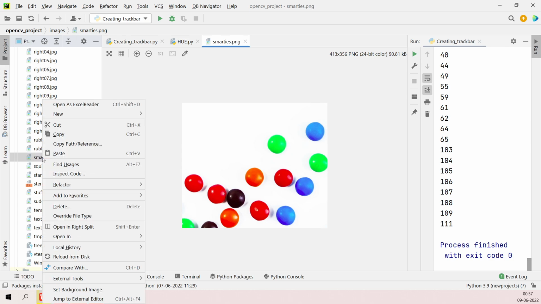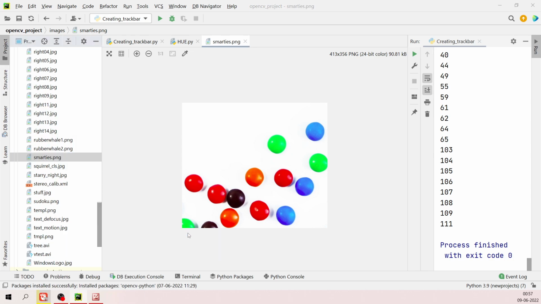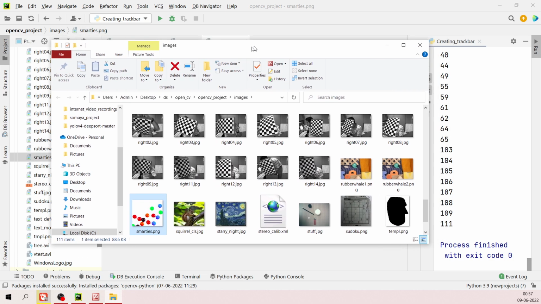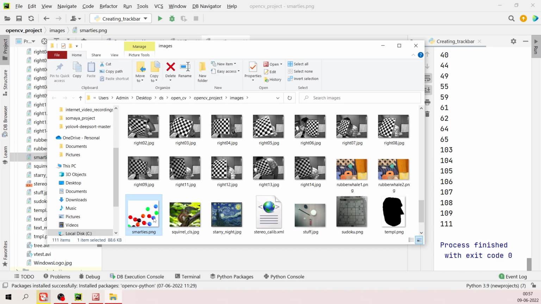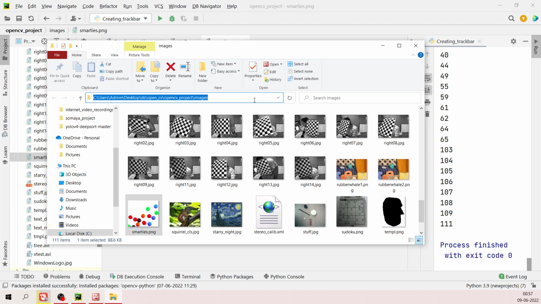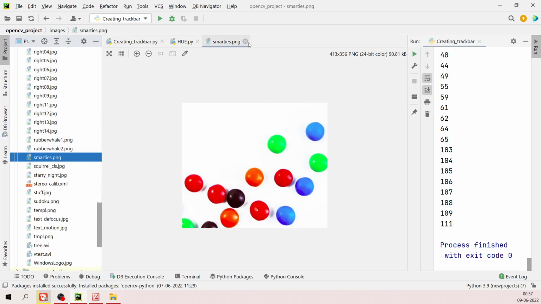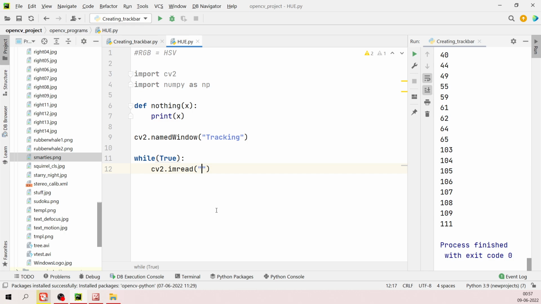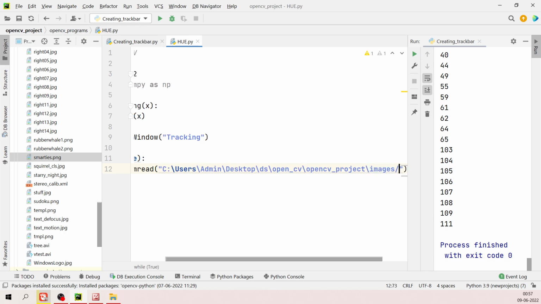Okay, so let me just go to the open with Explorer option, and it will open that particular file. What you can do is go to the properties, and here you'll get the full path of that particular image. Or you can also copy it from here itself and write down that image name over there. So let's just write image and the path over here, forward slash, and now we'll just have to write